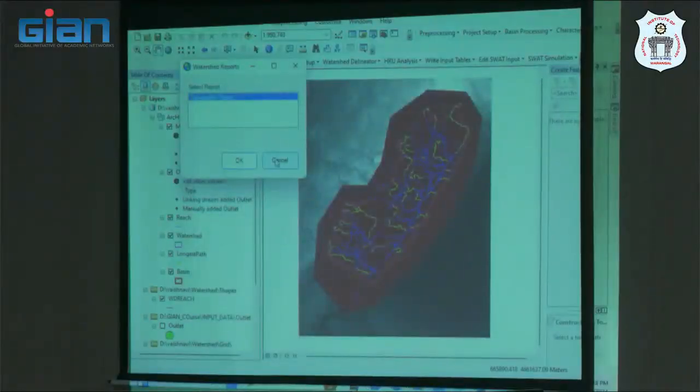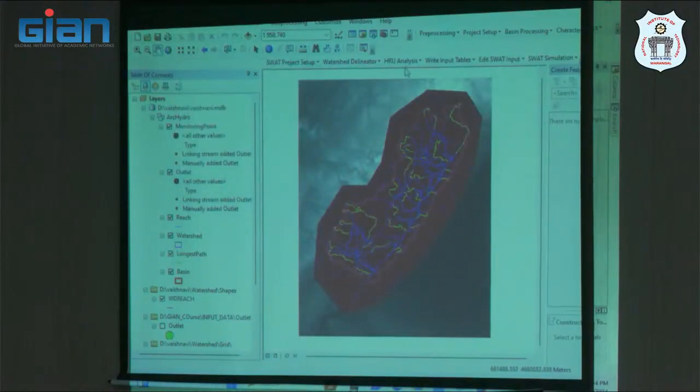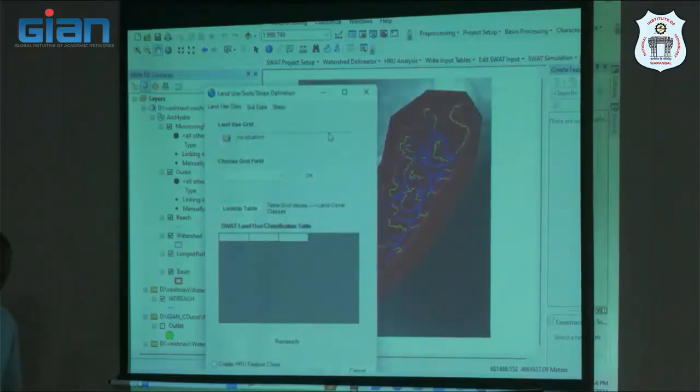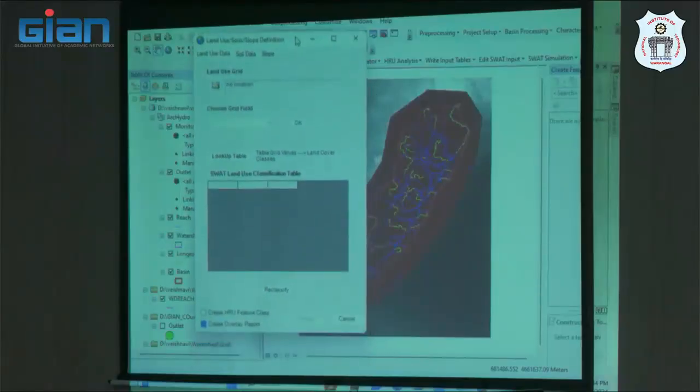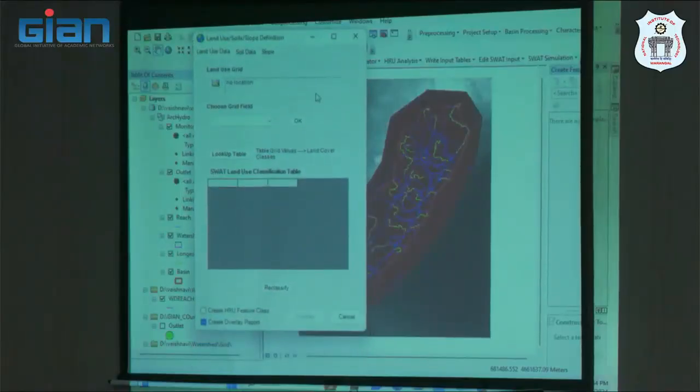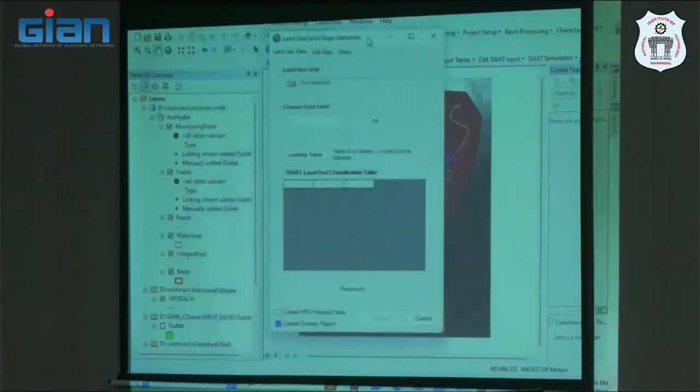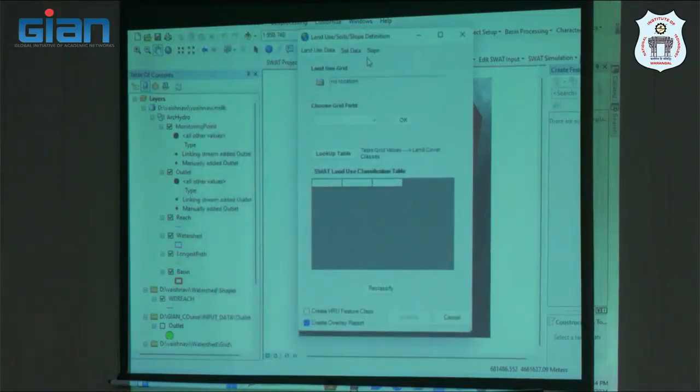Go to HRU analysis. Click on it. If you take the drop down below HRU analysis, there is something called land use, soil, slope definition. This is where you have to give your land use maps, your soil map, and you can define your slope classes based on topography. So before we do that,